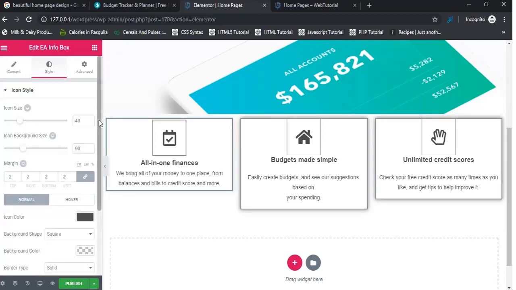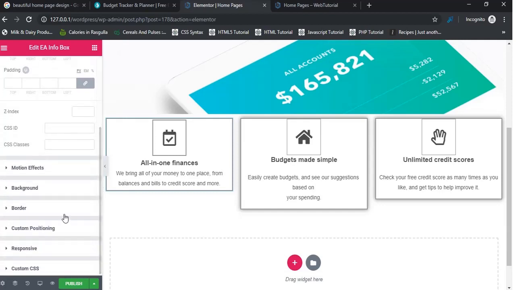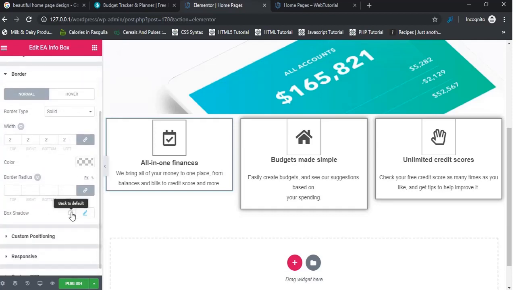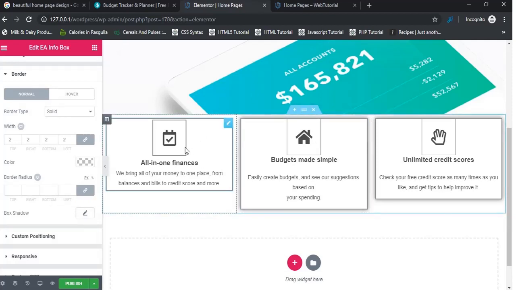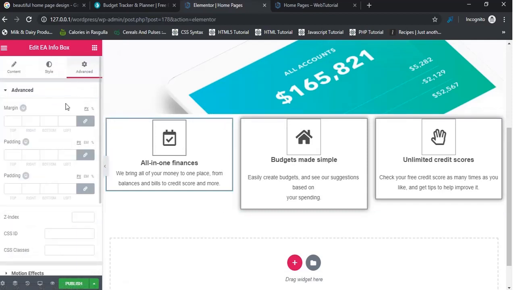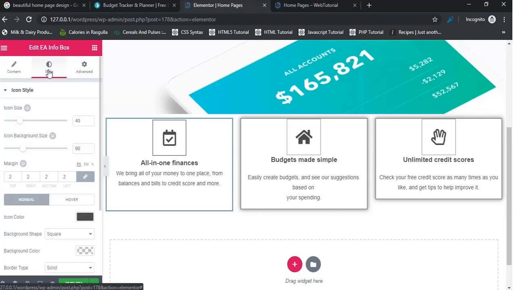Now click on this, go to advanced, border, and then box shadow should be set to default. Okay, now let's make this square. In this advanced tab, in the padding, you can make it bottom 20. Okay, now it's better. And then for style,